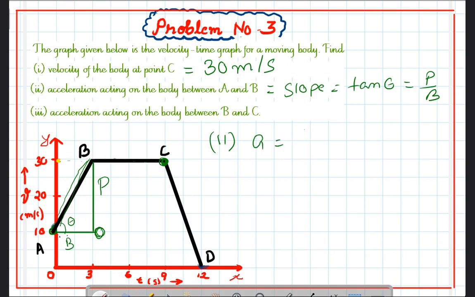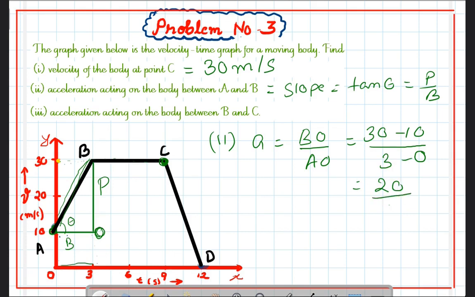So perpendicular here is BO and base here is AO. The length of BO we can find with the help of the y axis, so it is 30 minus 10, and AO we can find with the help of the x-axis. It is 0 to 3, that means 3 minus 0. So it is 20 upon 3, that is equal to 6.6 bar, or we can write as 6.7